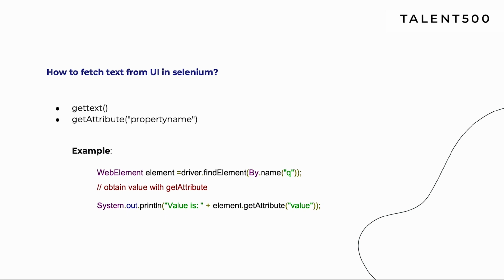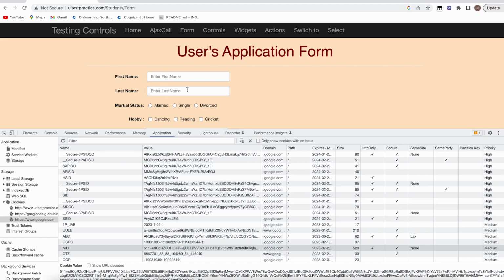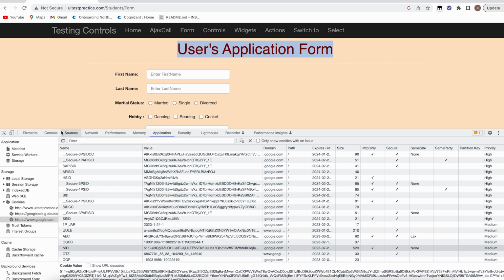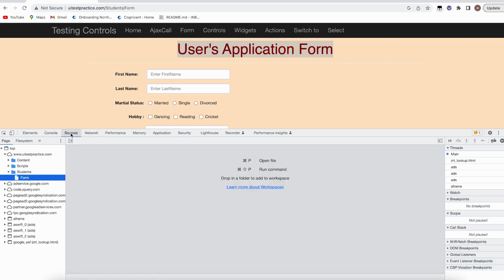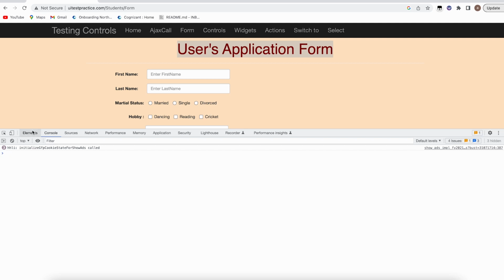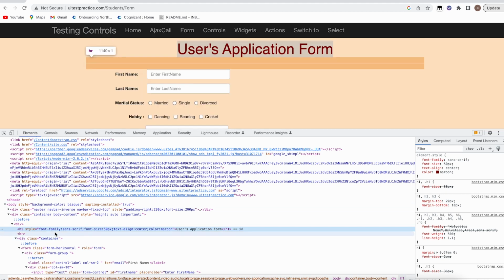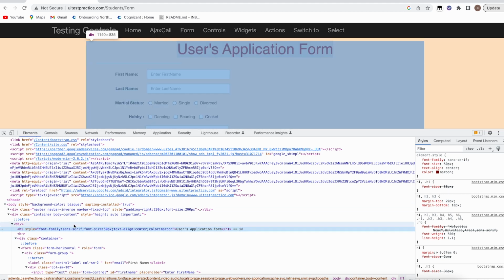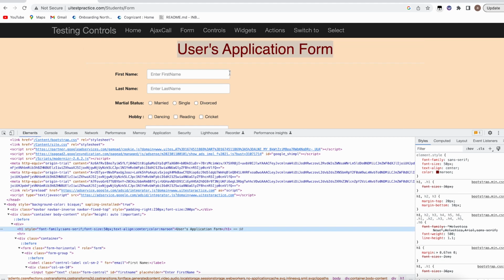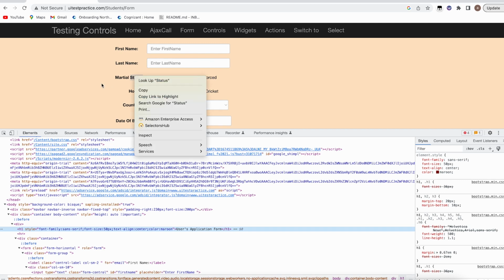Now let's move on to the last question: how to fetch text from the UI in Selenium. There are two ways. Either you can use getText, or you can use getAttribute with the property name. Let me tell you how it will be helpful. For example, you want to fetch this one, user application form. Let's go to the console, sorry, elements, and identify this one. If you see where the text is located, here is our text, Users application form. So if you want to get the text of this particular element, for example this one,